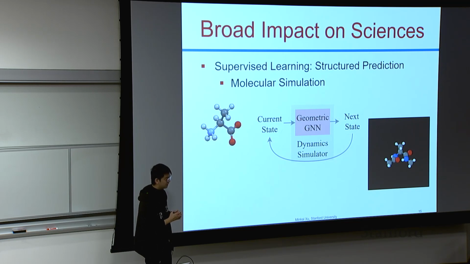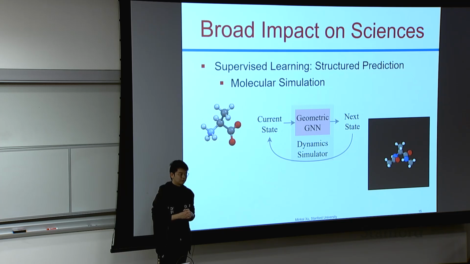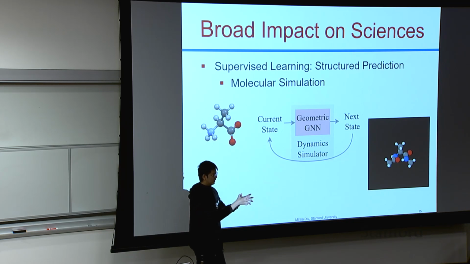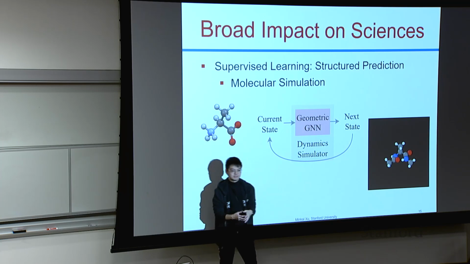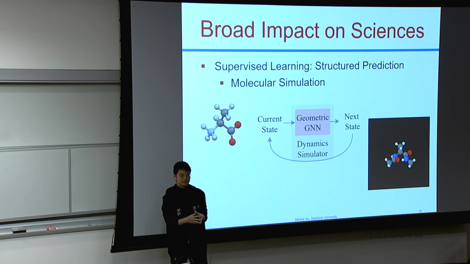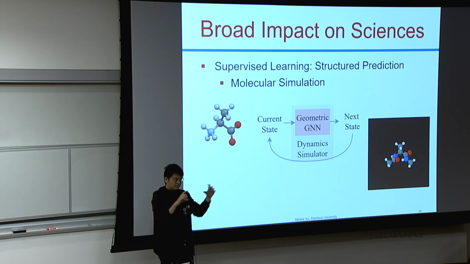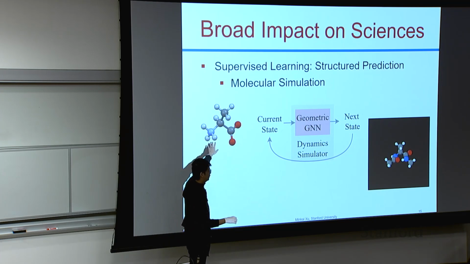And here what we want to do, like with the Schrodinger equation, is to collect many structures and their corresponding forces, and we want to use a neural network to learn what the force is on the current structure. So it is a dense prediction. I mean, the output is also n by 3. So if we have n nodes, we have n by 3 dimensions of forces acting on every node, every atom,